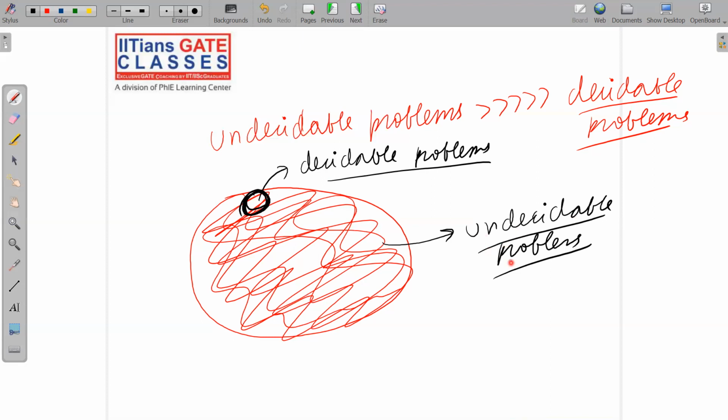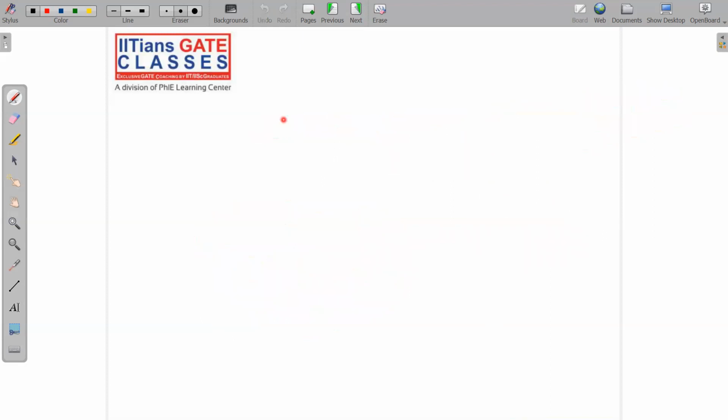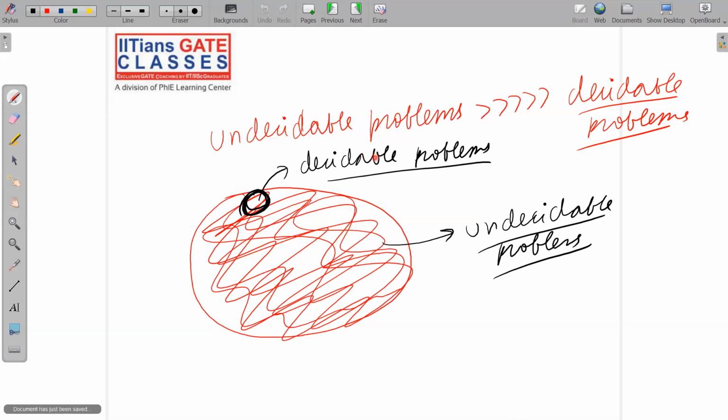Okay, so finally you have understood that decidable problems are very few, but undecidable problems are very, very many. There are lots and lots of undecidable problems, but decidable problems are very, very few. Okay, and let me give you one more interesting fact. Let me use another slide for this. See, sometimes scientists give very wrong predictions. And this was one of the wrong predictions, that logic is complete, but the scenario was completely different. Decidable problems are very few, and undecidable problems are very many.